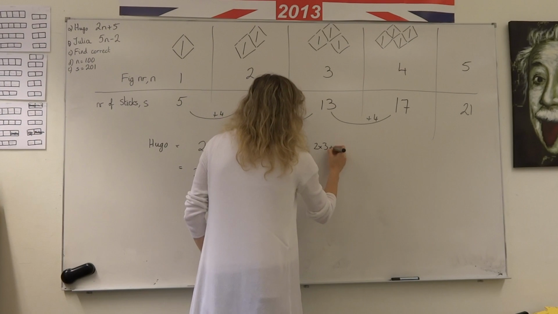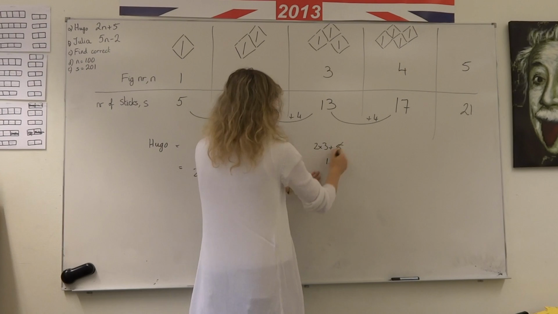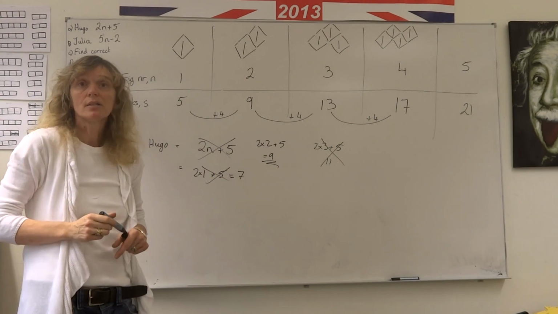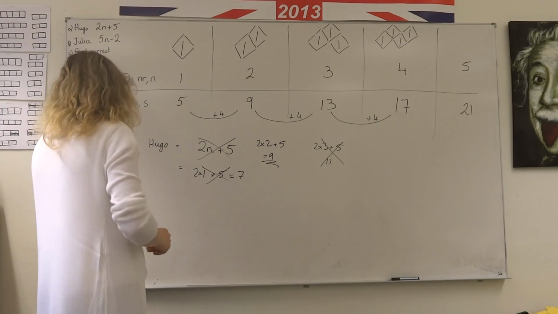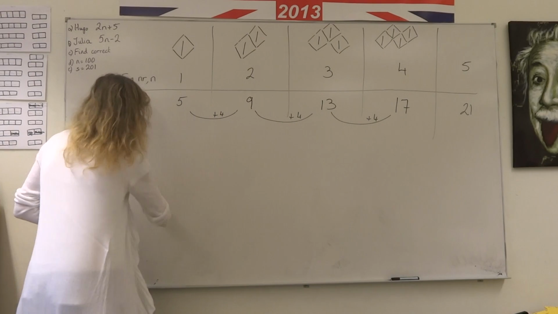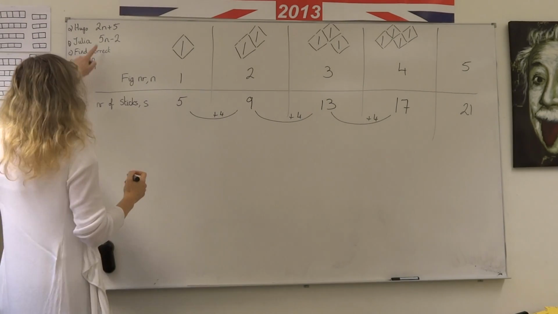2 times 3 plus 5. 2 3s are 6, 6 plus 5 is 11. So it doesn't work for that one, and it doesn't work for this one. So his formula cannot be right. Okay? So we say, sorry Hugo, don't believe you. Off you go. Let's have a look at Julia then, because Julia's come up with a formula where she thinks